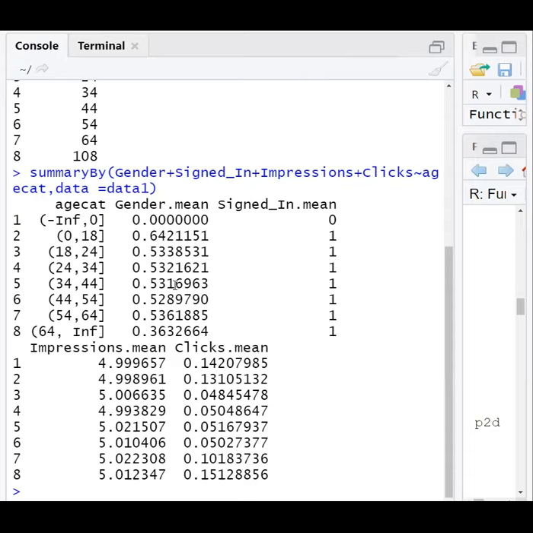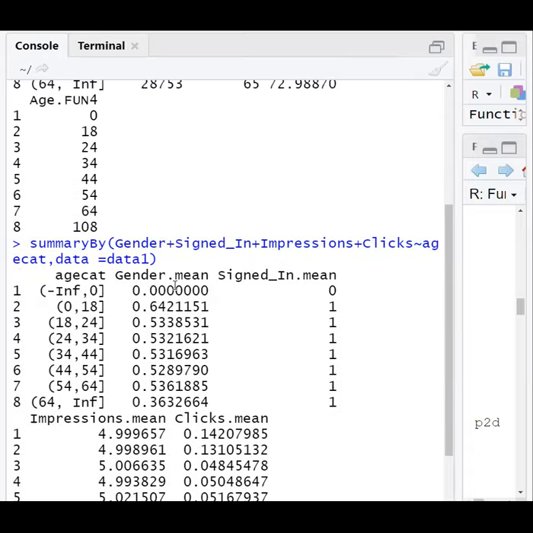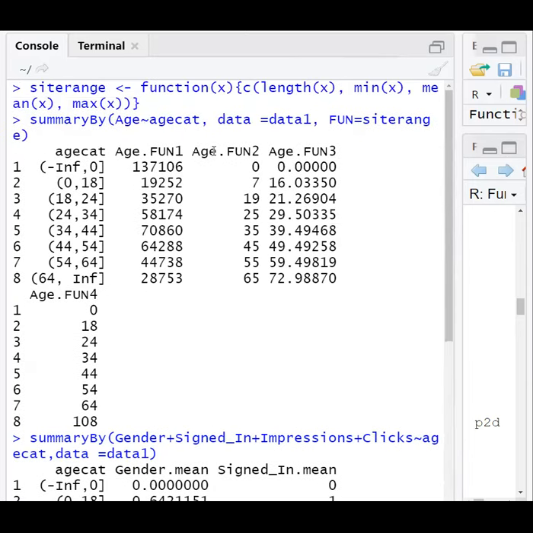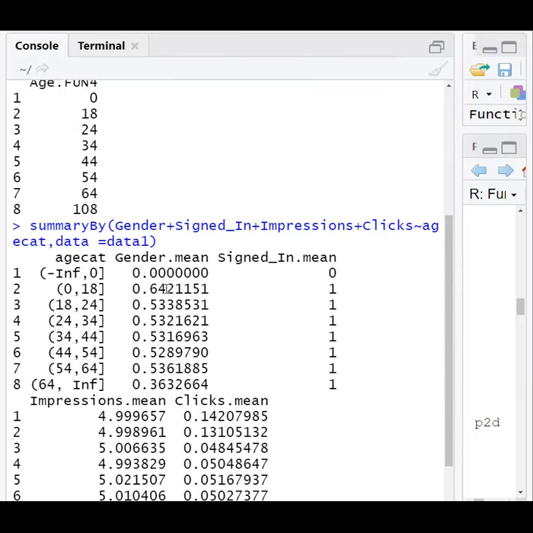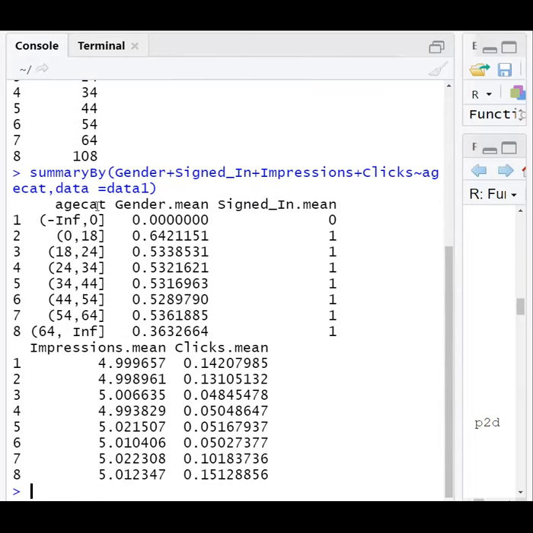So in the previous example, we printed for age. See, we applied everything only on age. Here we are applying for other columns. So the other columns include the gender, signed in, then impressions, clicks, the number of clicks for each category.